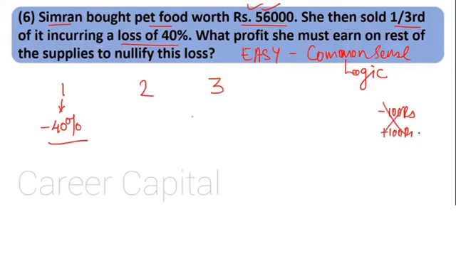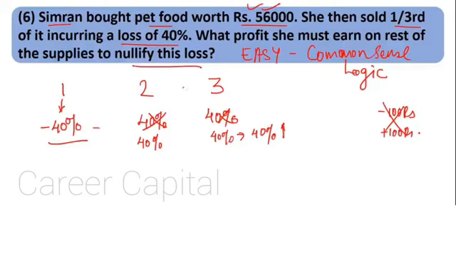So in the second and third, if we take 40% profit and 40% profit, this should get nullified, right? Because then it would be nullified, but actually no. Why? Because in the first part she gets a 40% loss. In the second part, if she takes a 40% profit, then it gets nullified over here only. And if the third part is also sold at 40%, she'll have a 40% profit. But we don't want any profit. We just want no profit, no loss, and we want to nullify this loss.